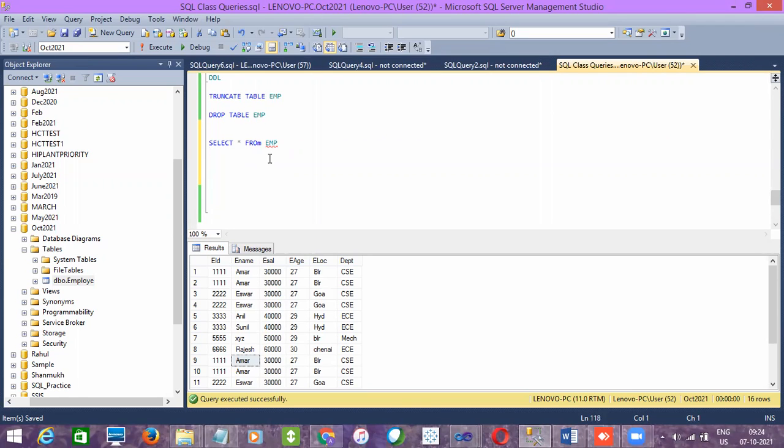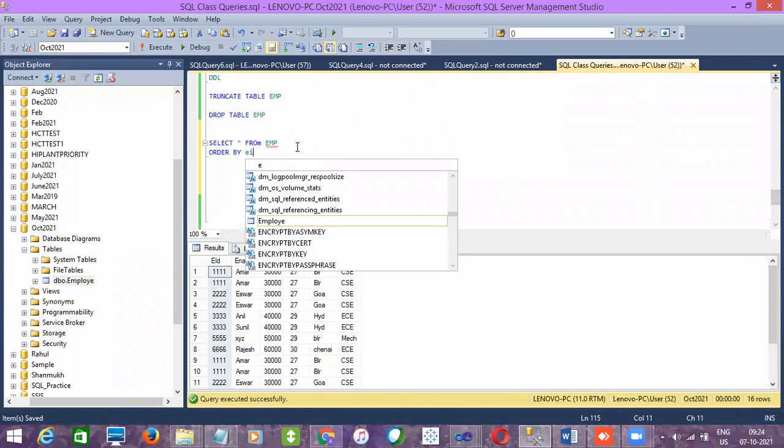Now, guys, if you want to select employee IDs in descending order, how to do that? Right now it is in ascending order, right? If you want descending order, you just need to write after select star from, order by EID.